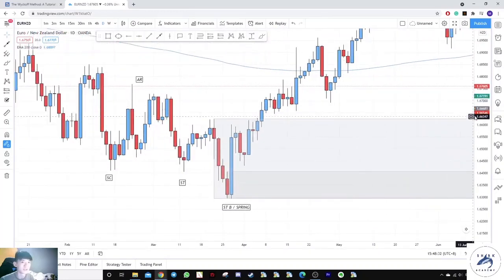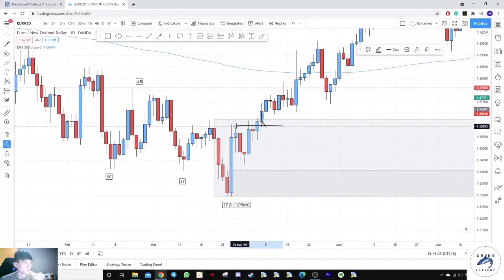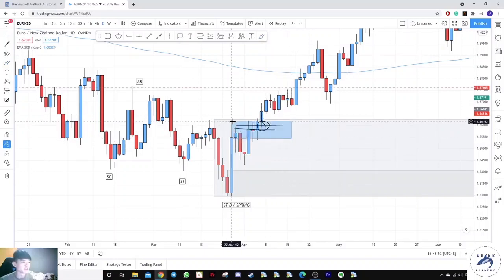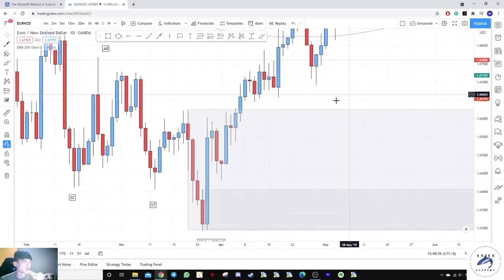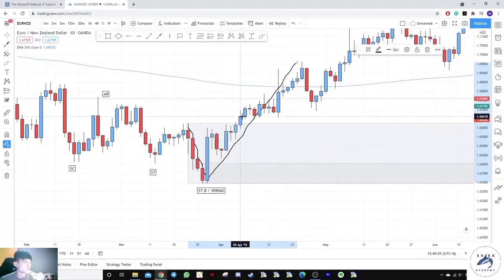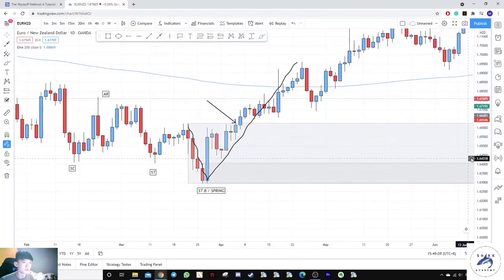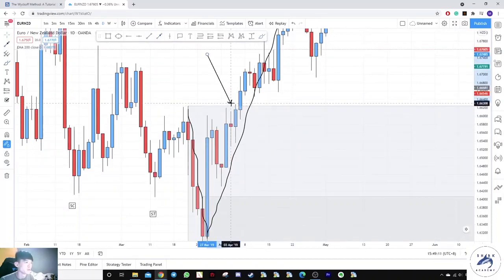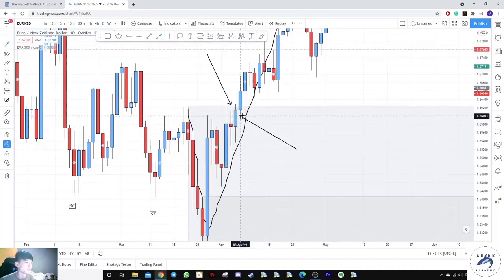So mitigated, that means price comes back to break even. Remember what happens here? The institutional traders sell into this zone. So in this case, it sold from here down before a move up. So when price comes back up and tests into this area, they are at break even already, and that is why they exit their positions. And this is what they mean by mitigation of your order block. Basically, the mitigation of your order block is when price taps into the down to up move. So in this case, let me repeat, down move to up move. Correct. This is the wick that justifies your order block, and this is the wick that retests the order block.